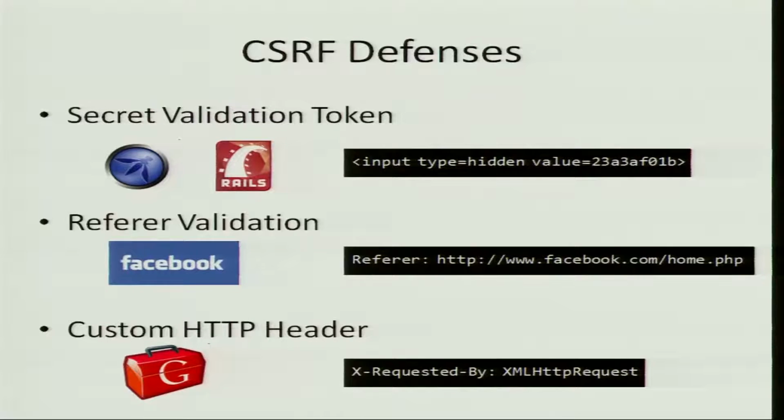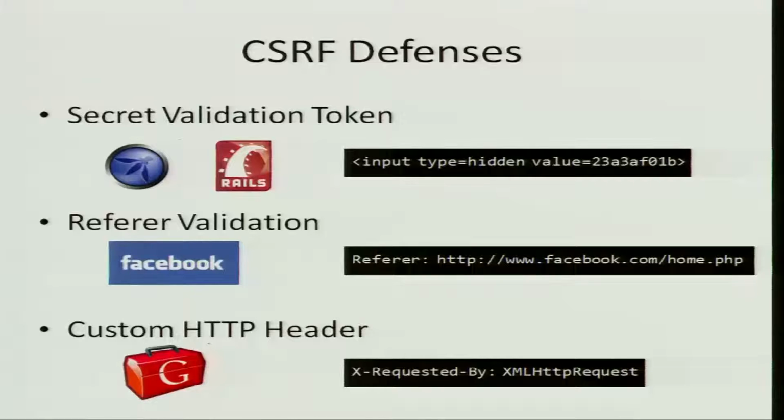Another thing is referrer validation. We saw that in the HTTP forged message that was being sent, there was a field in the header of the request which says referrer, and the referrer was attacker.com. So if somebody checked that the referrer is not the bank or some other known site, but some unknown site which is suspect, or sometimes even blacklisted, then referrer validation can actually prevent the forged